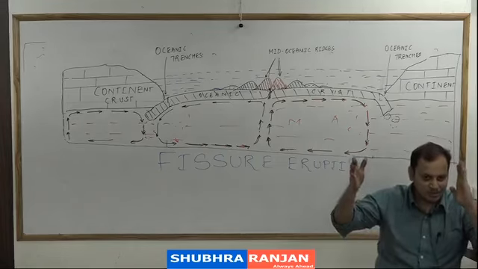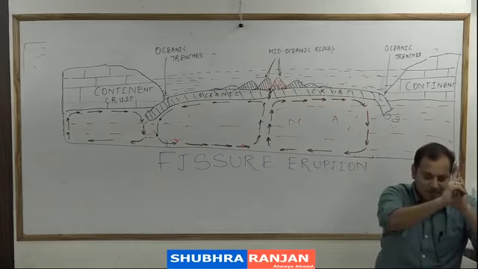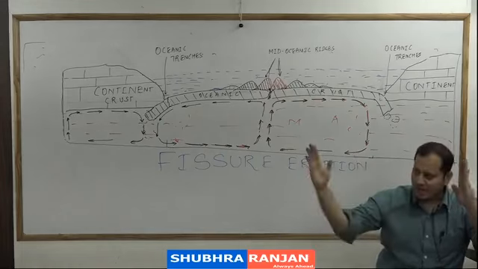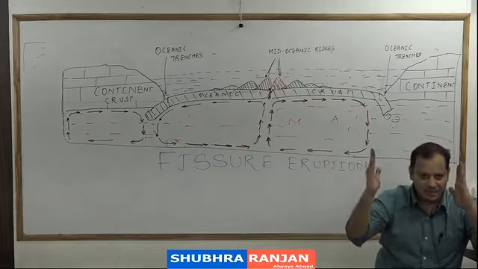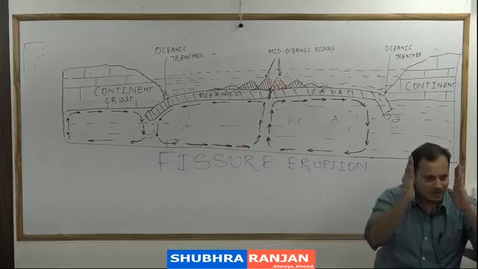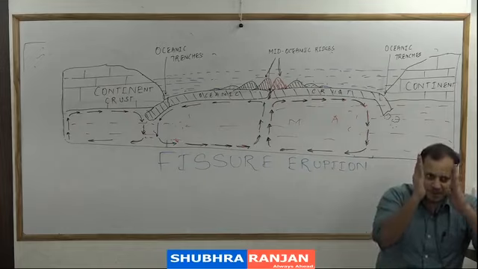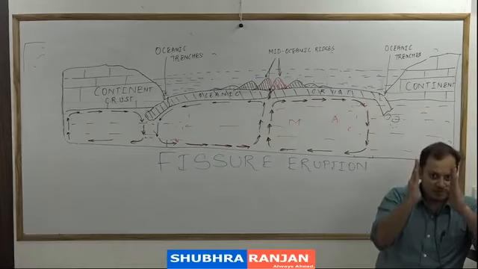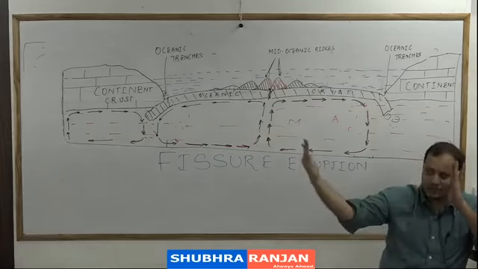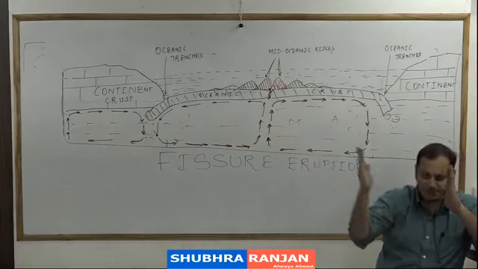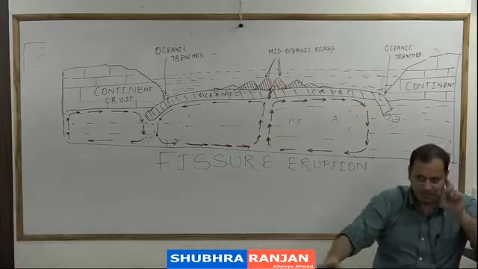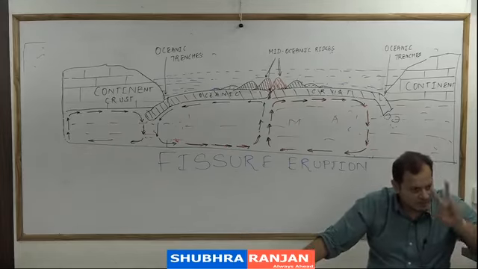So if this was the original Pacific Ocean and this was the central point, the mid-oceanic ridge, now America is coming here because of continental drift. So what we have seen is that in the Pacific Ocean, the ridge is now on the eastern side and it is known as the East Pacific Rise. If it was the original Panthalassa, it was exactly at the center. Now the Pacific Ocean has been compressed. This is one evidence. The second evidence is